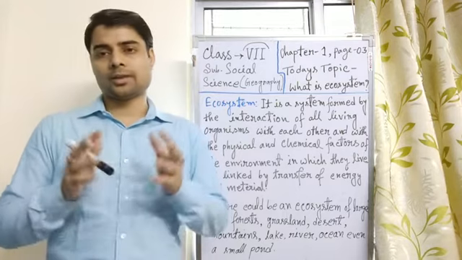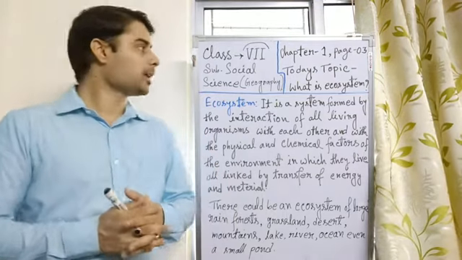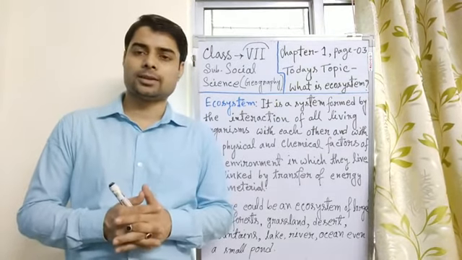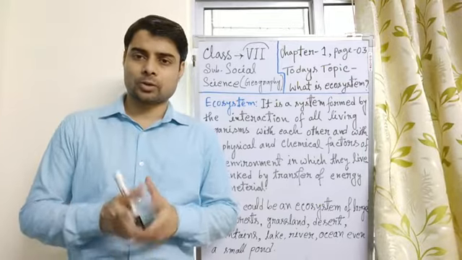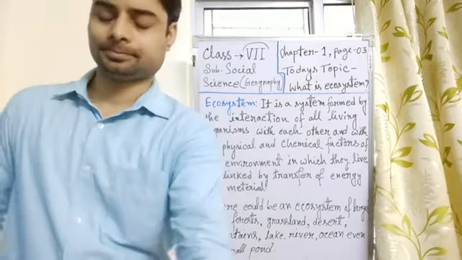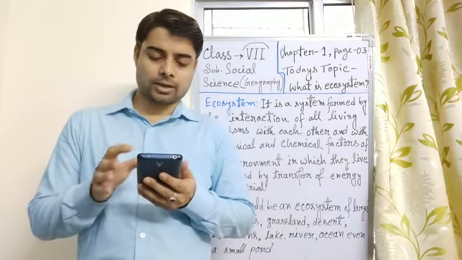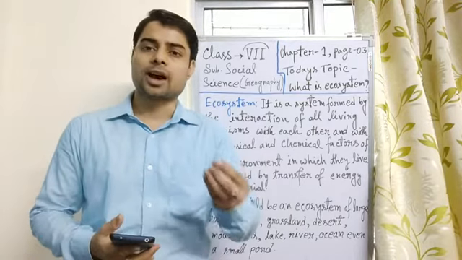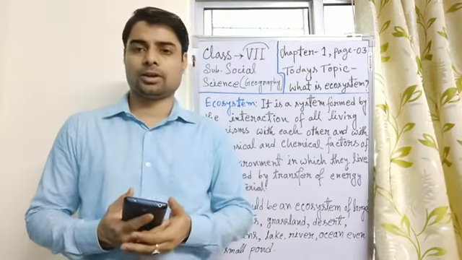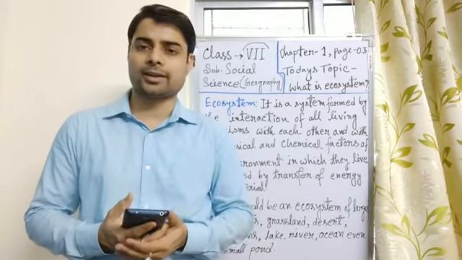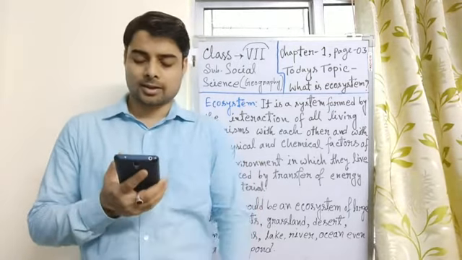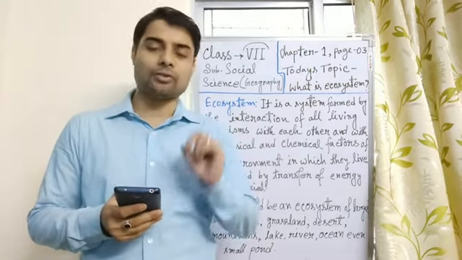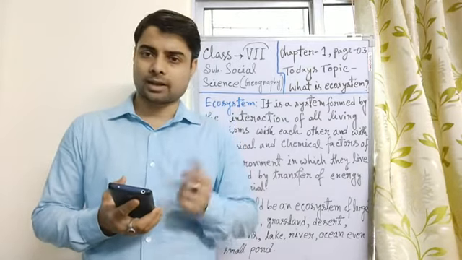So to understand this, look at your book on page number 3, page number 4, there is a story there. What is the story? Let's read. At an NCC camp, what is an NCC camp? The NCC camp is similar to your Scouts and Guide camp. Some students already attended those camps and got some medallions. Now in a camp, Ravi's class, Ravi is a student of class 7 like you.